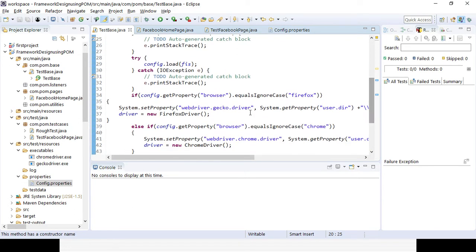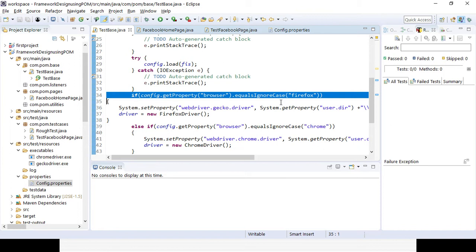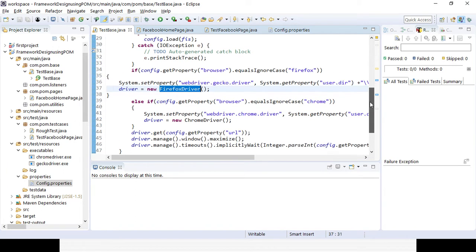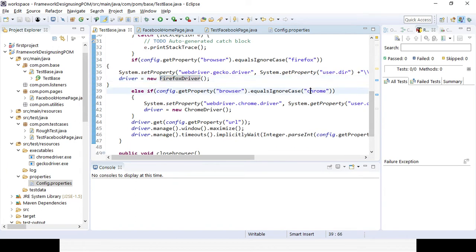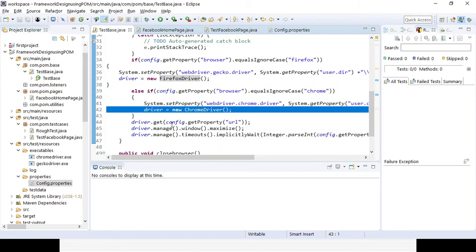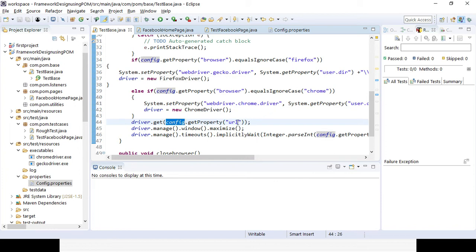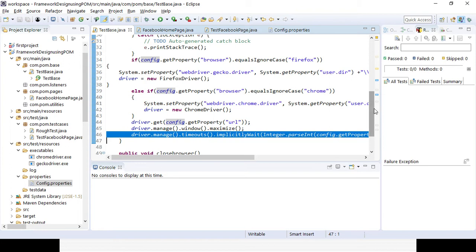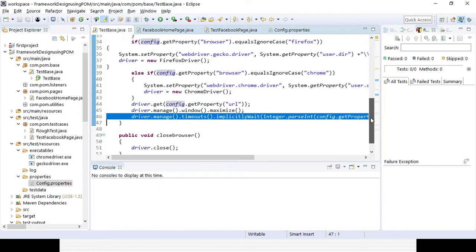After that, we are checking in case browser is equal to Firefox, we are setting the properties for the Firefox browser and initializing the Firefox driver. Then in case the browser is equal to Chrome, we are setting the properties for the Chrome driver and opening the Chrome browser. Then from the config.properties file we are also getting the URL and loading it. We are maximizing the page, and we are waiting for the implicit timeout given in the config file. And also we have created another method for closing the browser.